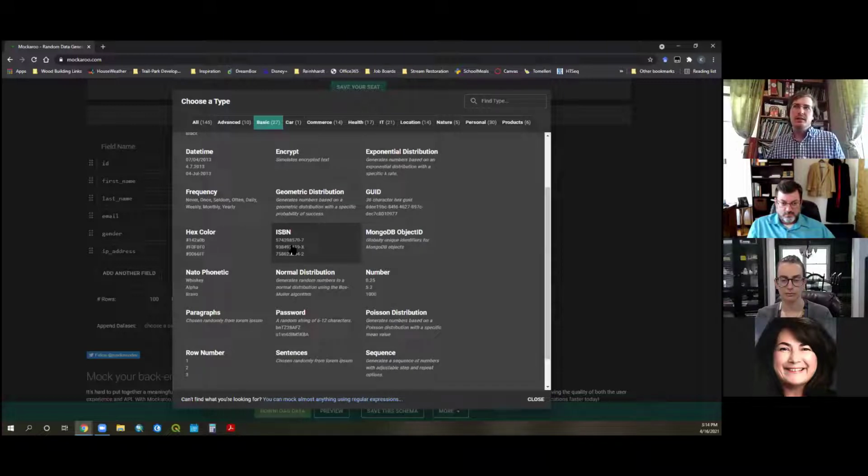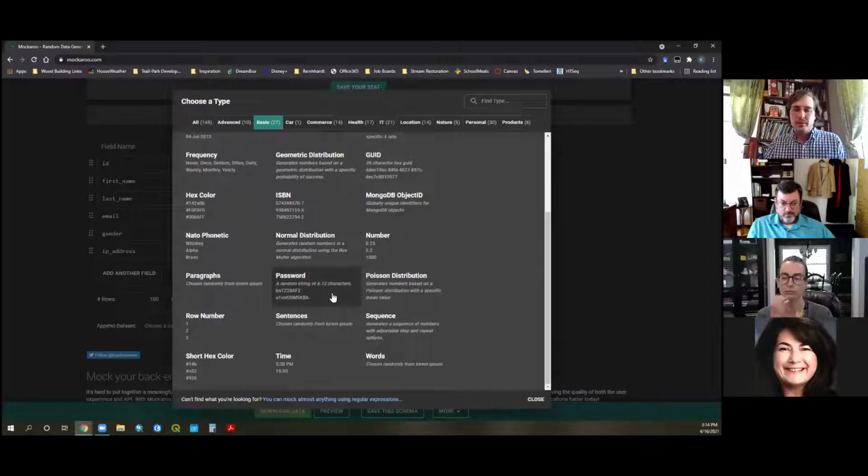So if you're trying to test an app, or if you want to see if somebody understands how to handle this data, ISBNs, you can randomize password data. There's lots and lots of things, times, number rows. You can randomly choose the lorem ipsum paragraph data just to see if your database can handle that stuff.